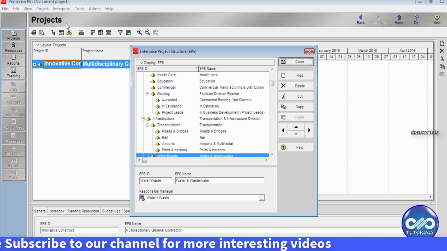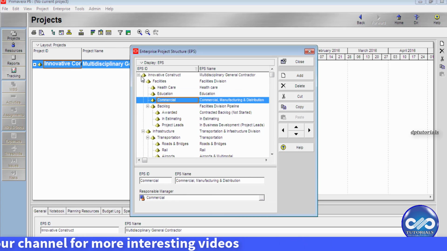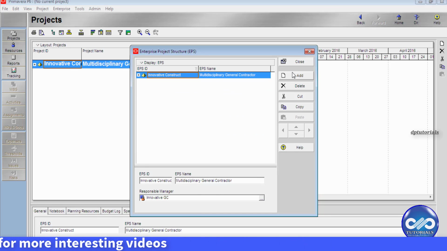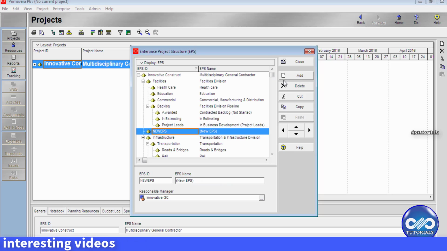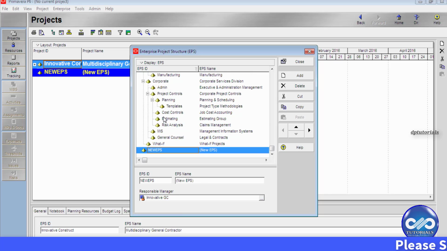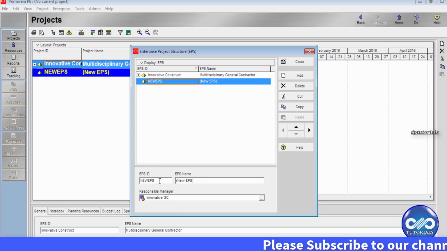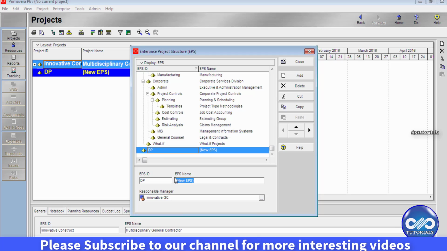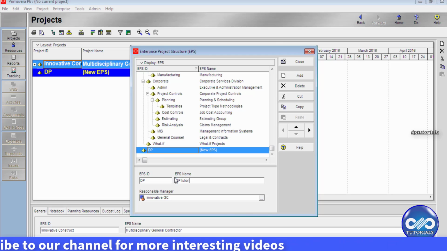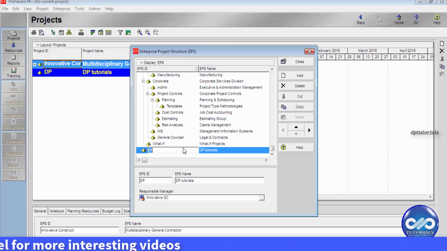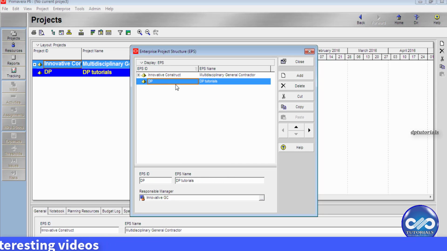I click on EPS and I close this root, and now you add a new EPS level. So I want to have an entirely new EPS structure. So I move this to the left side so as to create a new level. Here you can see it. I am calling it DP as ID, and the EPS name will be dptutorials. This will be our new EPS level name, and this will be further divided. Click the add button